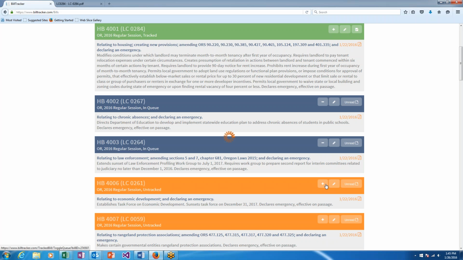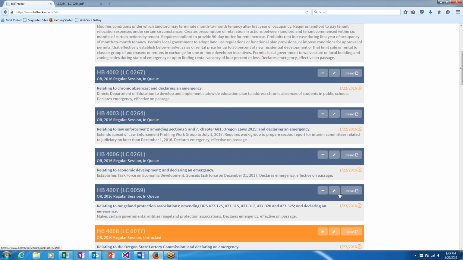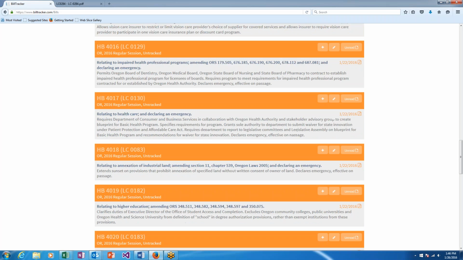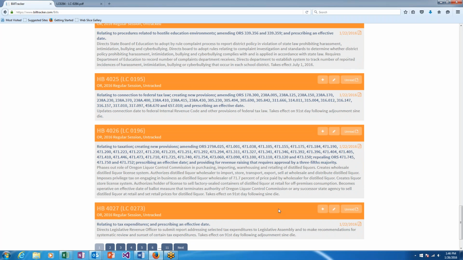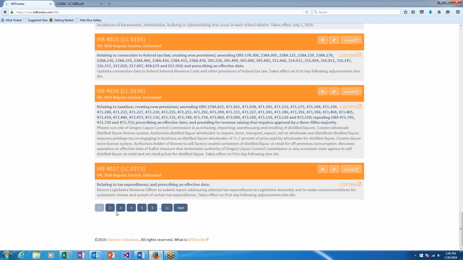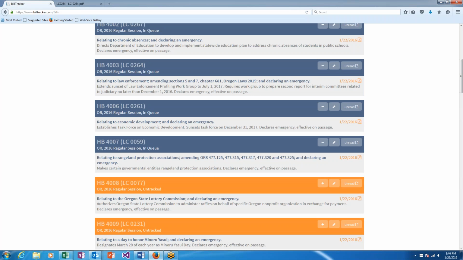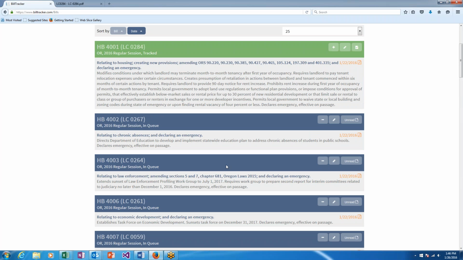So in this case, I'm going to select 3 or 4 bills. Again, you can scroll through all the bills. Once you're down here at the bottom, if you want to move on to the next tab, you can move on to the next tab. It'll take you to the next list of bills. Once those bills are in your queue, they stay in your queue. So you can work your way through all of the tabs at the bottom and keep adding bills if you like. Once you've clicked on that little plus sign and added as many bills as you'd like to your queue,